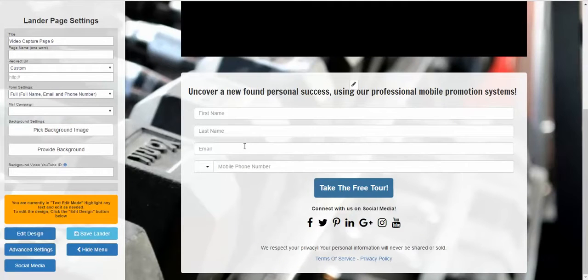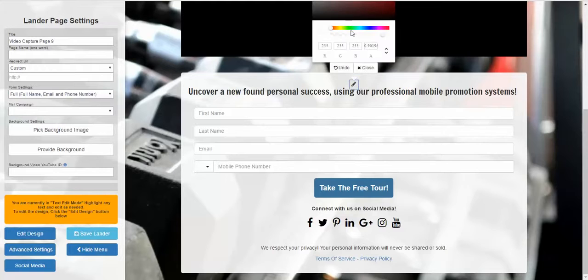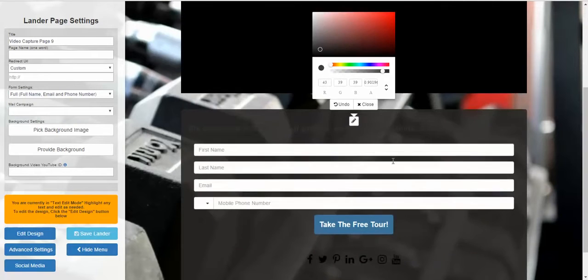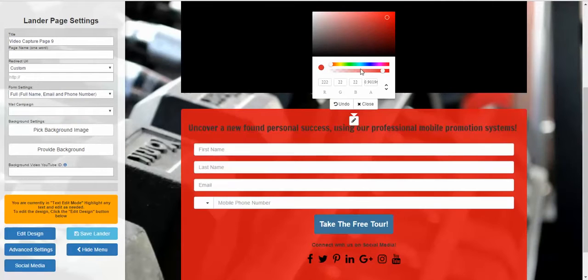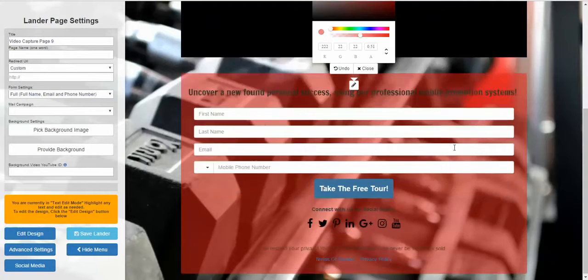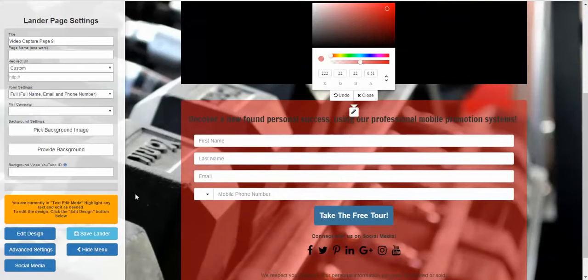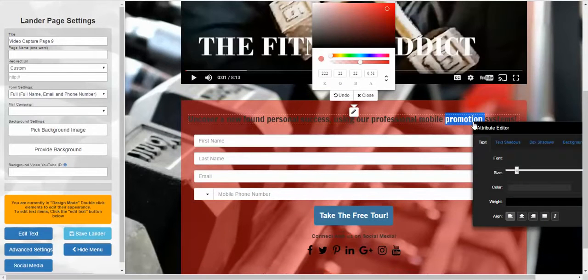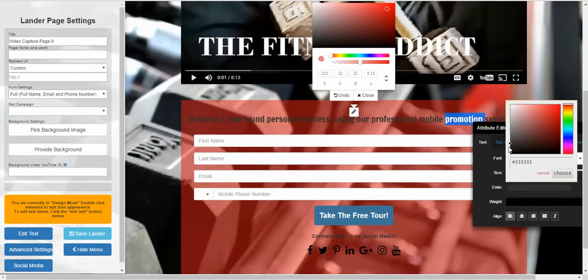And then you could change this here. And what's cool about this too is, watch this. If you don't like that as a white box, or if you wanted a red box, and then you wanted the opacity to come down, you can do it and just really make your page pop. And then again, you can change, let's say I change this text to white,